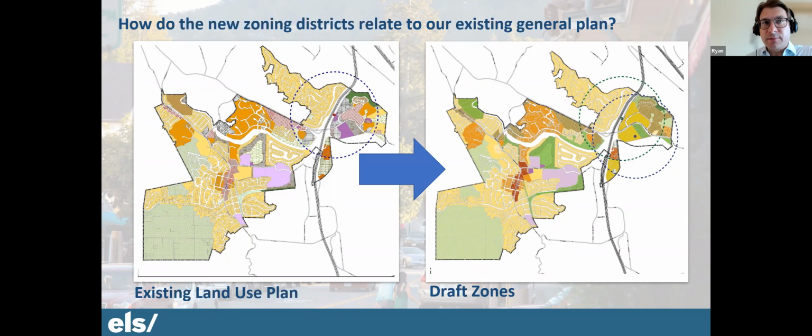Yeah, this is a working session. We've taken a stab at it, working with Elise. It's a first pass, and mostly we just need as much feedback as you can give us tonight. But like David said, our starting point was your existing land use plan. So basically we figured out about how many zones we would need, and then organized our plan roughly based on where the land separations or land designations were drawn on the general plan.